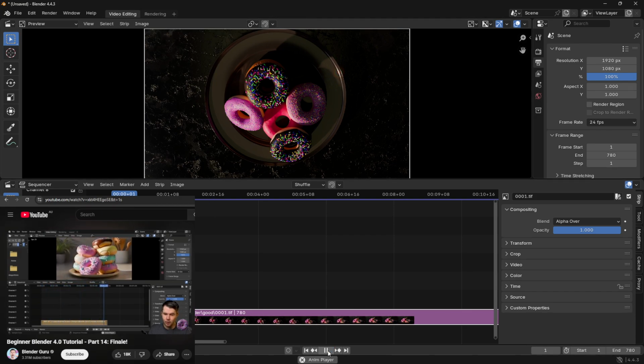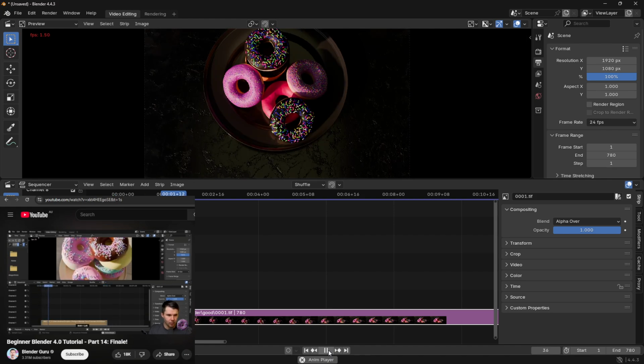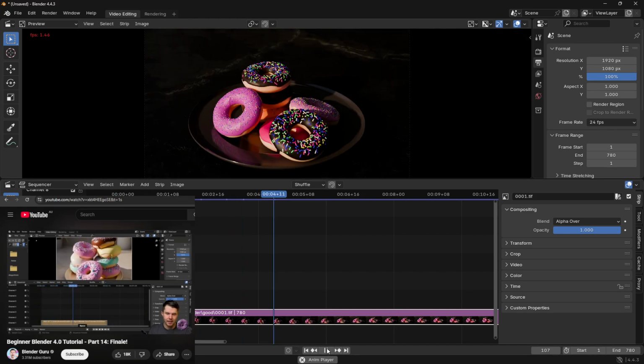Awesome. Now, it looks a little slow, and you'll see, in the top left-hand corner, it's playing at 24 frames a second. And that's because although we set